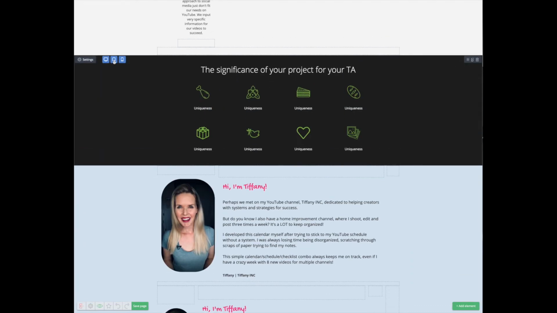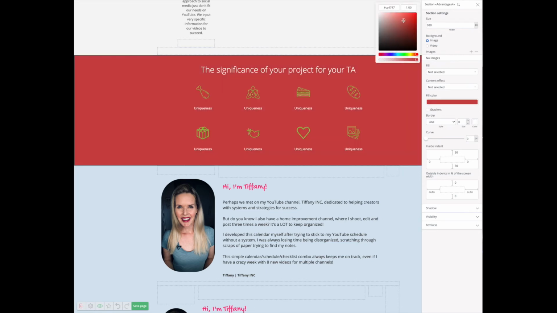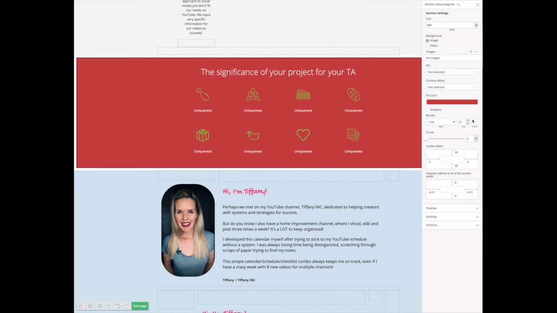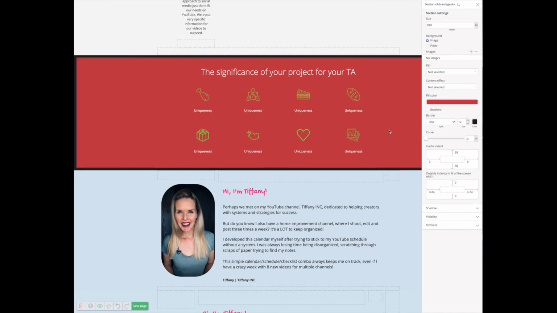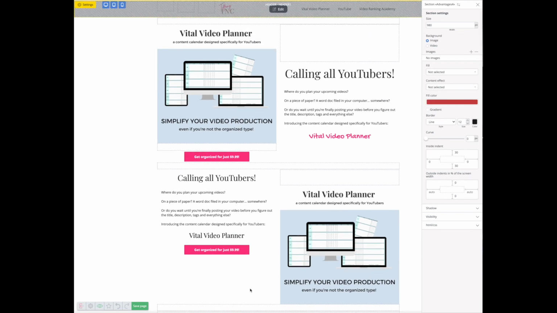I could have it on only on the computer and not on my tablet or phone. In the settings, that's where you're going to find your options for fill color. Change that. Right now it has no line, but I could give it a line. And we can show you the line by making it black. There are tons of options in here for you to personalize your website the way you like.